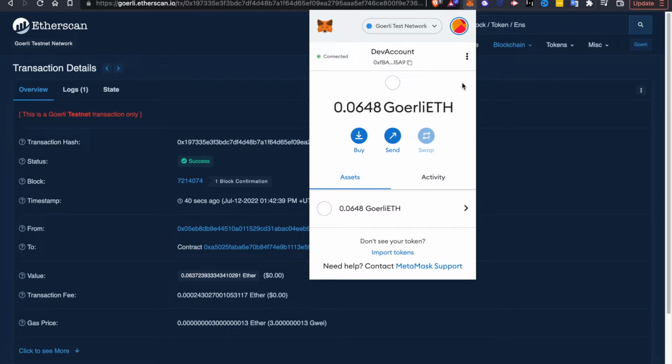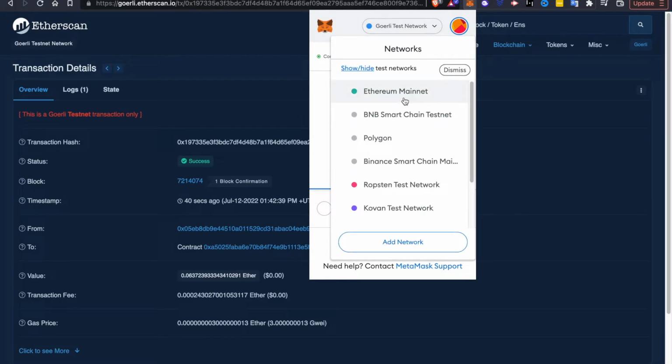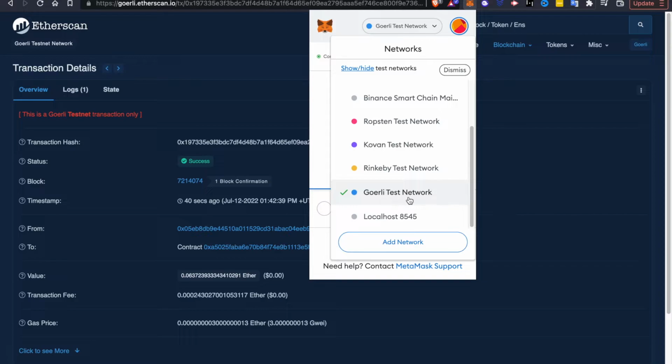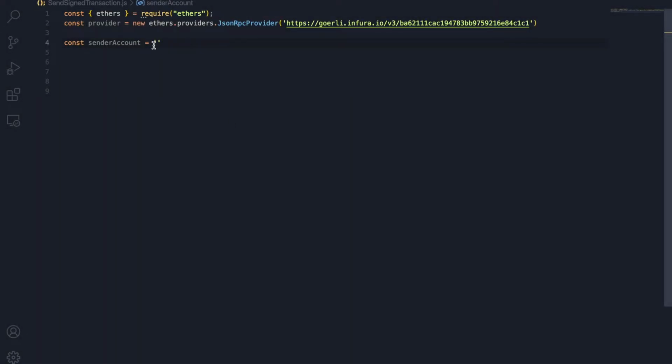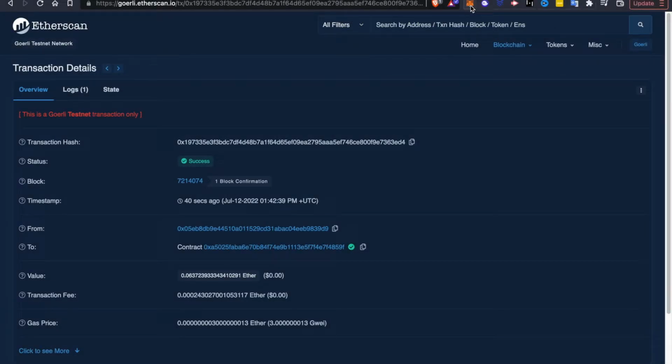So now when you open your Metamask, make sure that your wallet is on the Goerli test network. You can choose your network from this drop down menu here, but choose the Goerli test network, and then copy your wallet address off the Goerli test network. So let's copy it, and then we're the sender account, so we're the wallet address which is going to be sending some fake ether. So this is the wallet address, and then we need to specify the address of the recipient. So let's call a new variable receiver account, and then let's actually just create a new wallet in